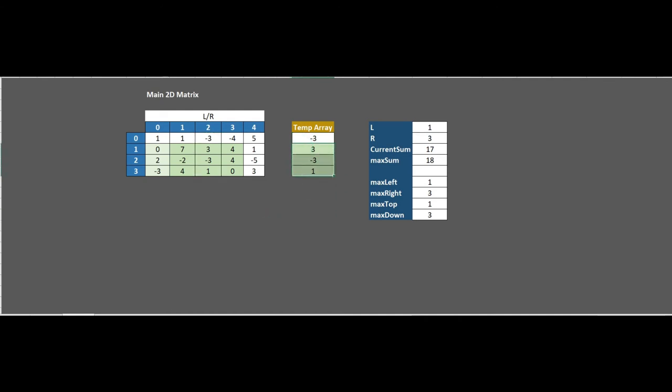The color actually also changed. Okay, so now minus 3, 3, minus 3, 1. In this case, what will be the maximum by applying Kadane's algorithm? That will be 3 only. So we place 3 here, and obviously 3 is less than 18, so we move on, and we place R here.